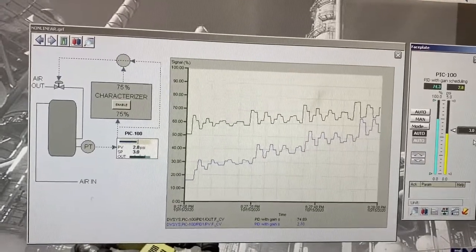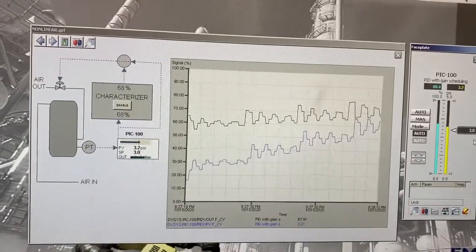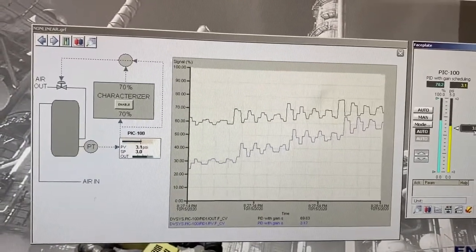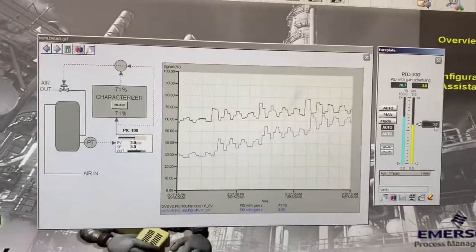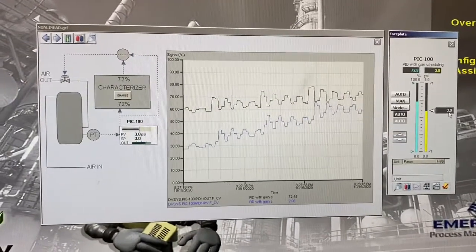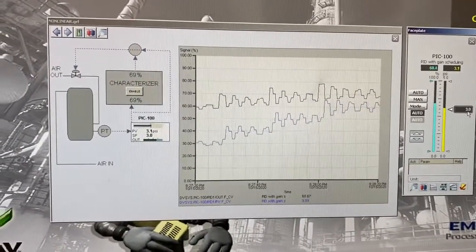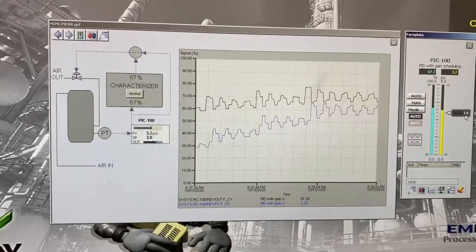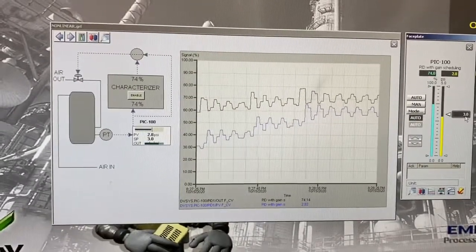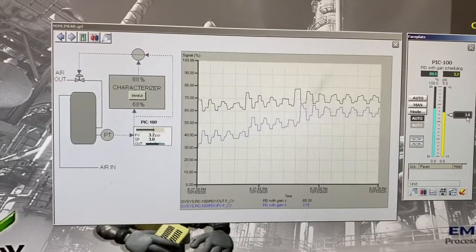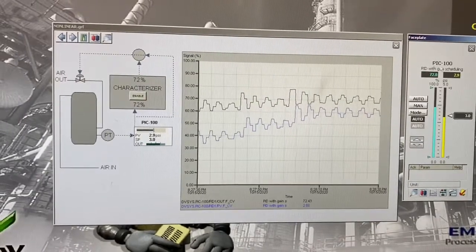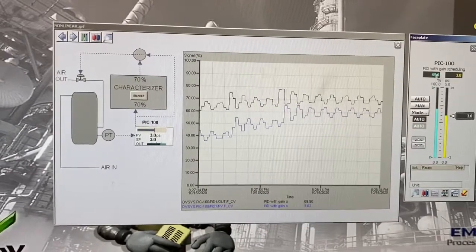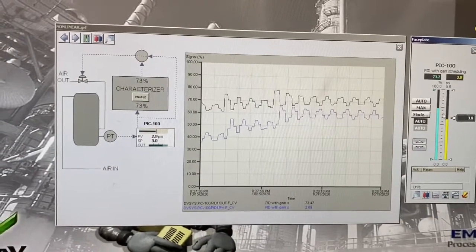So this isn't very good control, you can see. We don't want to be constantly oscillating like this. So what we need to do here is try to make this better. So we're going to tune it at around 65-70% now. So we've got our tuning values for that 40% range in our controller output. Now we're going to do it for a controller output right around this range here where we have this sustained